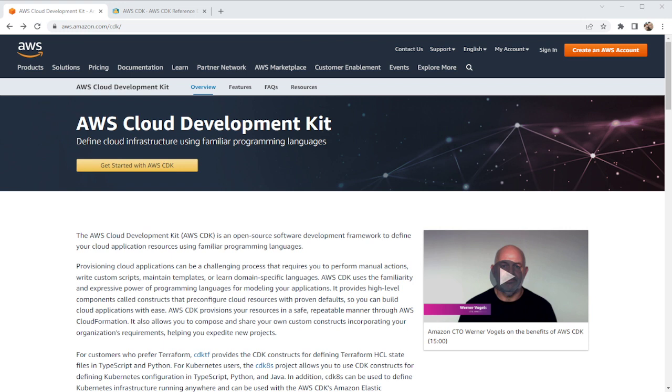First thing is head on over to aws.amazon.com/CDK, and you get this lovely little web page right here. It goes on to a brief overview of what it is. In their words, the AWS Cloud Development Kit is an open source software development framework to define your cloud application resources using familiar programming languages. Basically, it lets you programmatically create CloudFormation templates